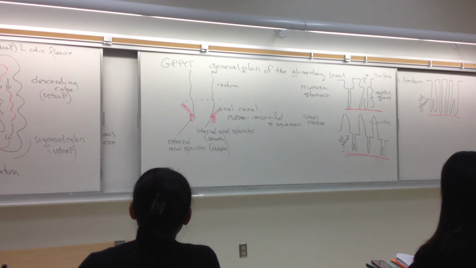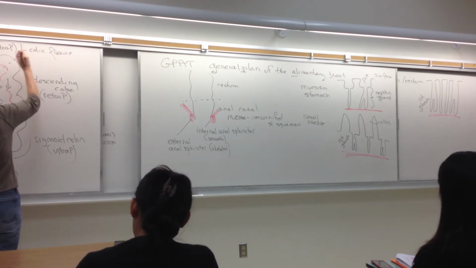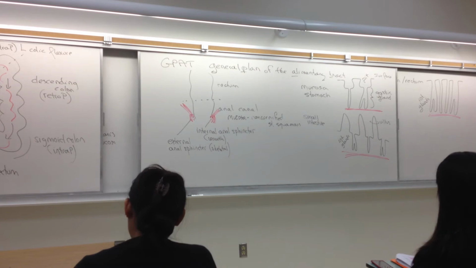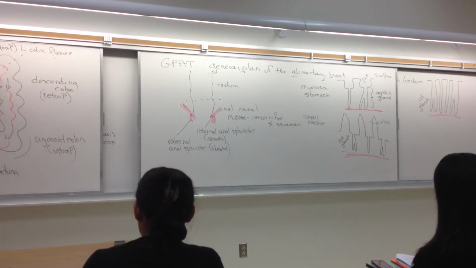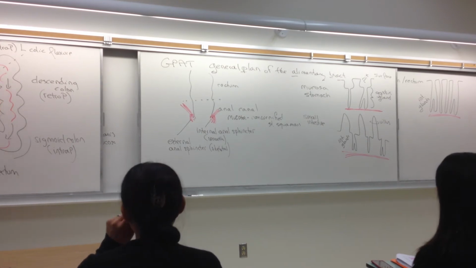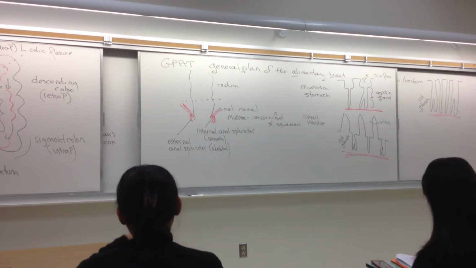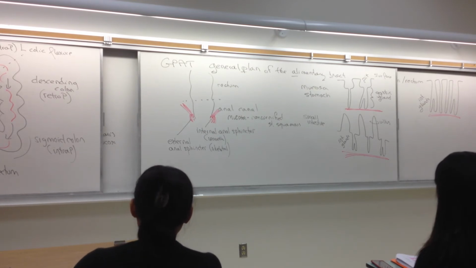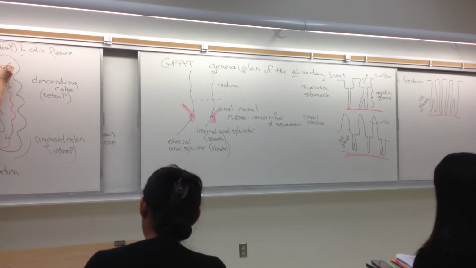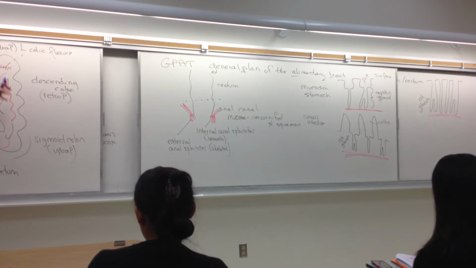Now, our superior mesenteric artery and our vagus nerve provide blood supply and innervation to this left colic flexure. All right, so this is where superior mesenteric artery and vagus nerve supply stop. The blood supply for the descending colon, remember, is inferior mesenteric artery. And the nerve supply